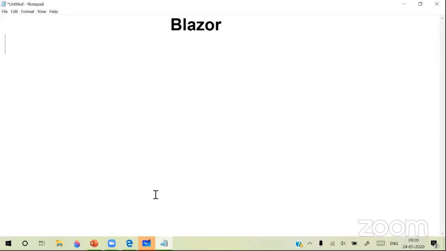Technically, the first important point is: what is Blazor? As a .NET developer, we need to understand what this Blazor actually is and what its importance is. For this, the first point is you need to understand a few key components. For that, you need to answer some points, like, as a .NET developer,